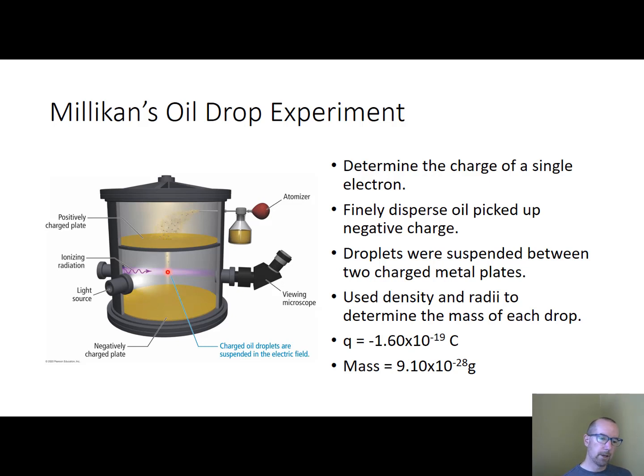And so he could actually make these things levitate. And depending on the size of those particles, he would guess that there was some whole number of negative charges built up on there, negative electrons. And by integrating over these, he was able to figure out the charge of just one electron, which turned out to be negative 1.6 times 10 to the minus 19 coulombs. And then using the charge to mass ratio that Thomson found, he got the mass to be 9.10 times 10 to the minus 28. Now that's amazing because there's no scale on the planet that can measure something this small. Right? He was able to do it in the early 1900s, largely using very available things and math. So that's kind of a really cool thing.